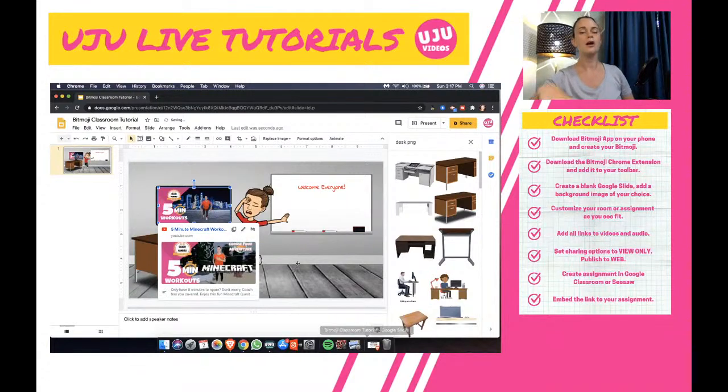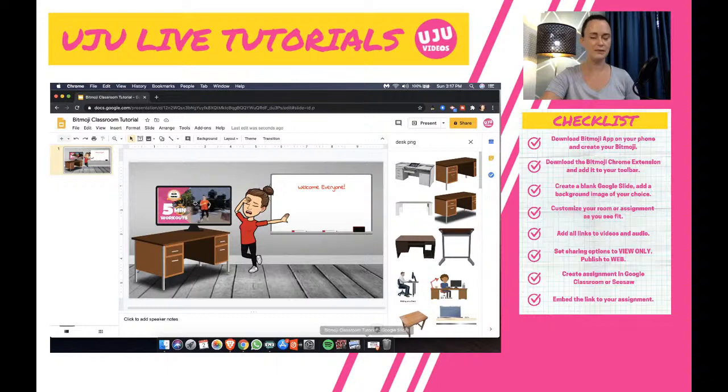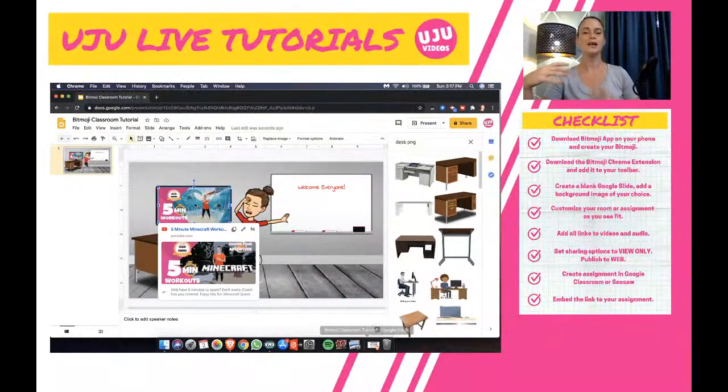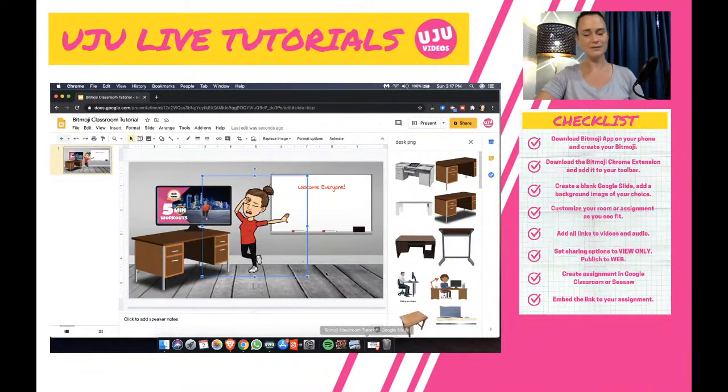So now whenever a student is in your classroom and they put their mouse on top of this image, it's going to directly take them to that video right there. So that's cool. That'll be fun for them. Obviously, if anything's moving, then a student is going to want to click on it. So I highly recommend GIFs, but word to the wise, on my Bitmoji Classroom right now, I believe I have